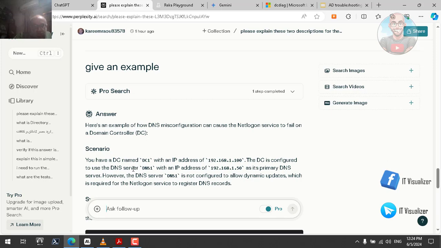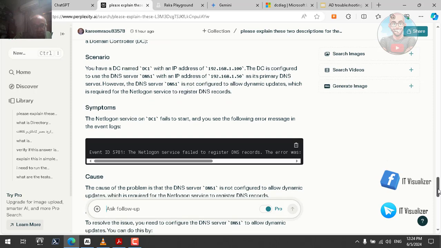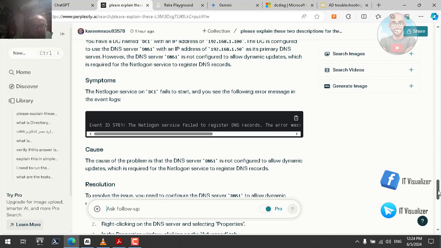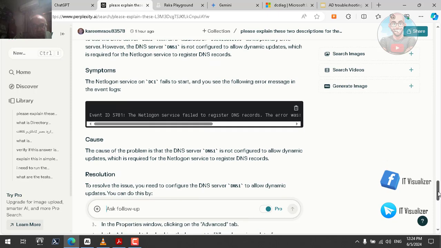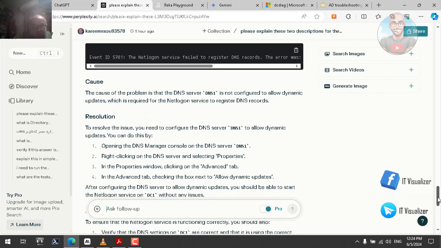The DC is configured to use the DNS, even though you can use the domain controller as a DNS server as its primary DNS. However, the DNS server is not configured to allow dynamic updates, which is required for the Netlogon service to register DNS records. The Netlogon service on DC1 fails to start, and you see an error about being unable to register. The cause is that the DNS is not configured to allow dynamic updates, which is required for the Netlogon service to register DNS records. To resolve this issue,